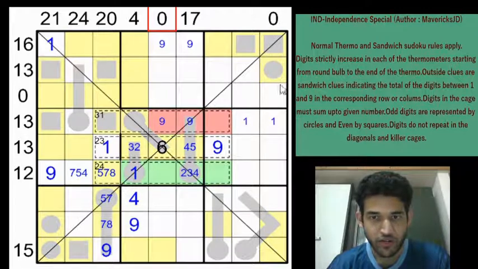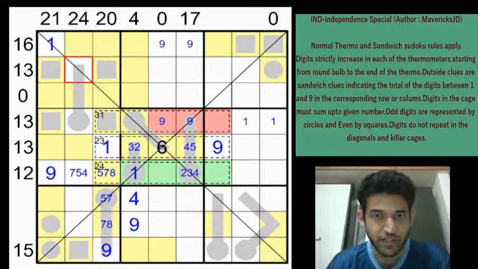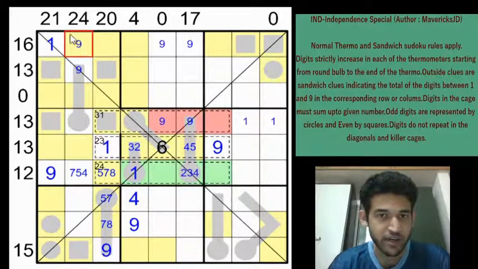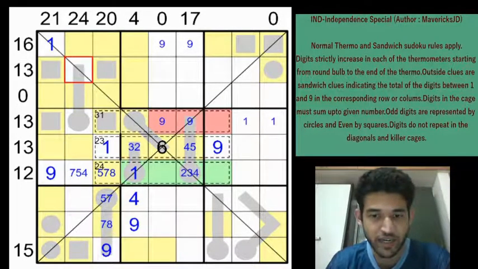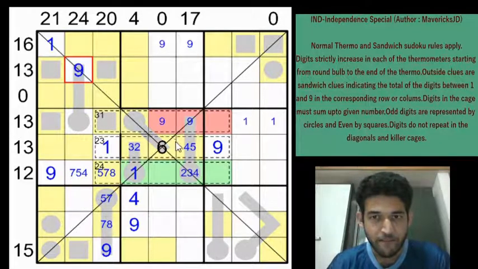So we have not made use of the diagonal property yet. I don't think it is useful as yet. So let us make use of this 9 in column 1 and column 3. Simple classic rules will get the 9 in these two cells. We can't have a 9 here, but you can't have a 9 here, right? This is marked as yellow, so we'll get a 9 in row 2 column 2. Sorry, this will be a 9. And 9 must be going into one of these 3 cells. This can't be a 9, so 9 will be in one of these 2 cells.